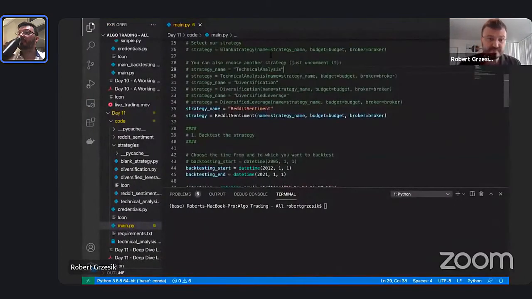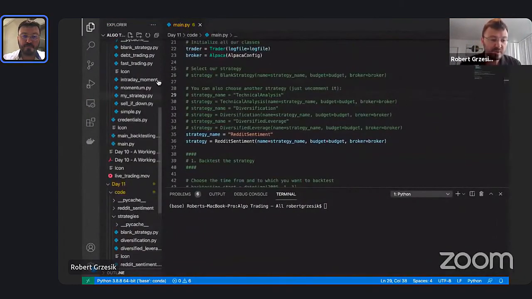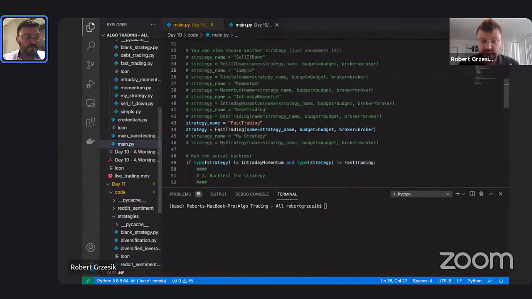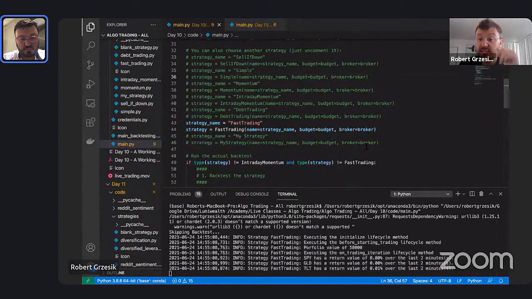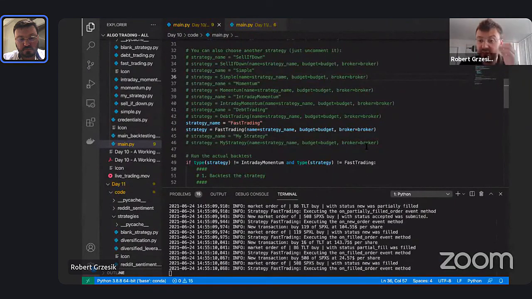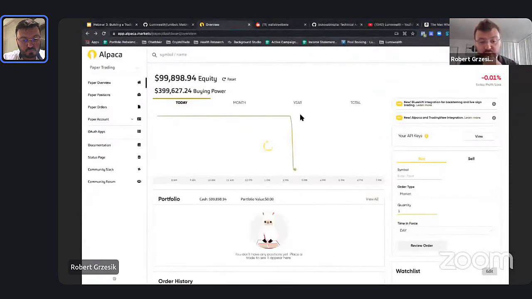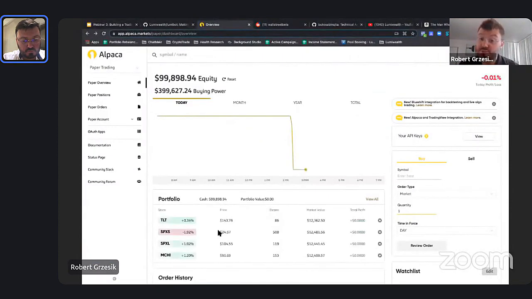All right. Okay. So here, let's show you a demo of some of our different trading strategies. There's a couple I want to show you today, and we have some new ones, like I was saying. Okay. So I want to show you, first of all, our fast trading strategy, just because a lot of people, whenever they think algo trading, they want to be able to trade really quickly, get in and out of things very fast, and analyze a lot of things. So what I'm doing here is I'm running this fast trading strategy. You see here, we go into our broker. It was nothing, and now it bought a whole bunch of stuff automatically by itself. Okay. And let me describe to you essentially what this strategy is doing.